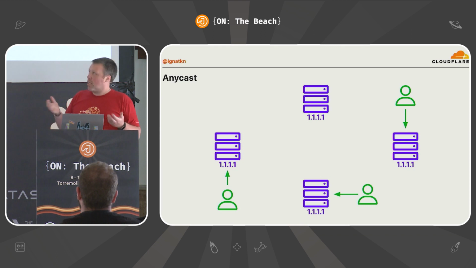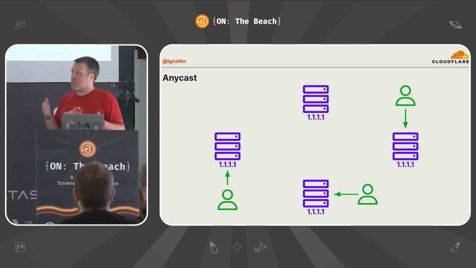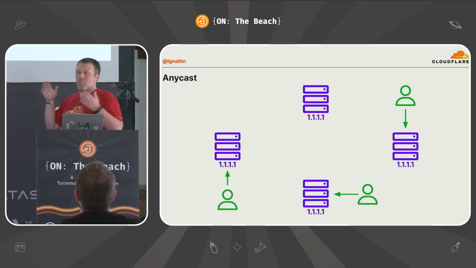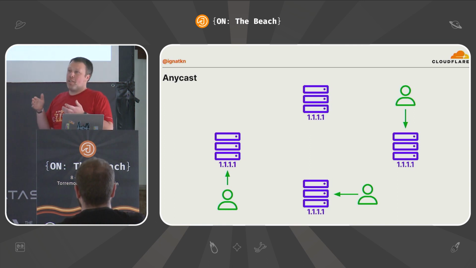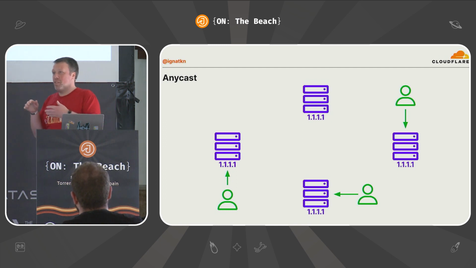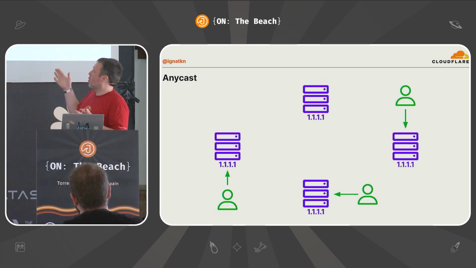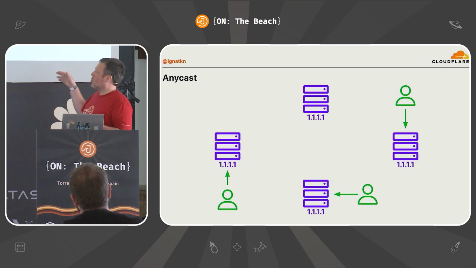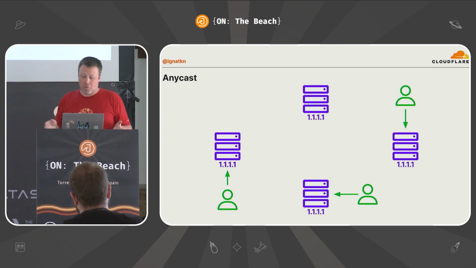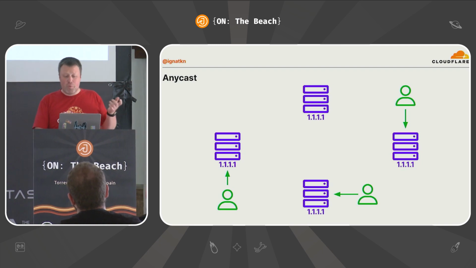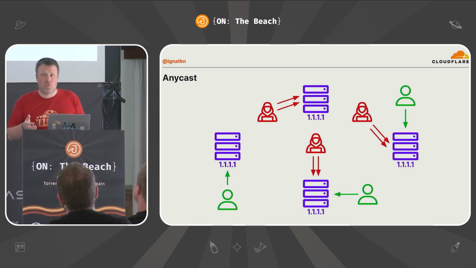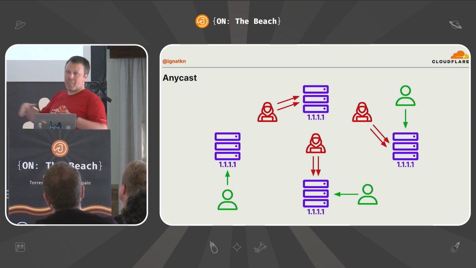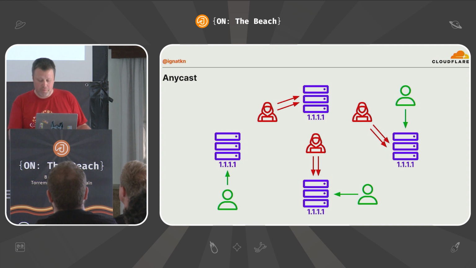So if you have users trying to access this web resource, depending on where the users are, the internet promises to deliver, to route the traffic to the closest location. And so naturally, having a single IP address all over the internet, users access different servers across the world. The nice property about it is the same happens to attack traffic. So if you have a globally distributed attacker, their traffic is spread all over the world.